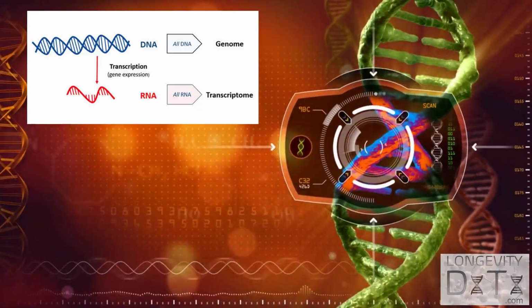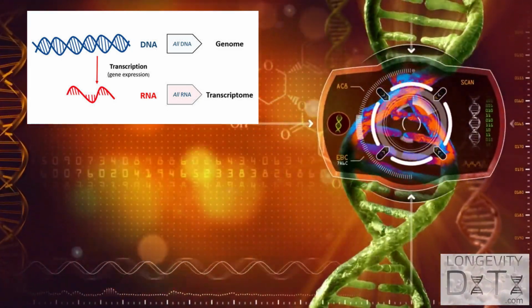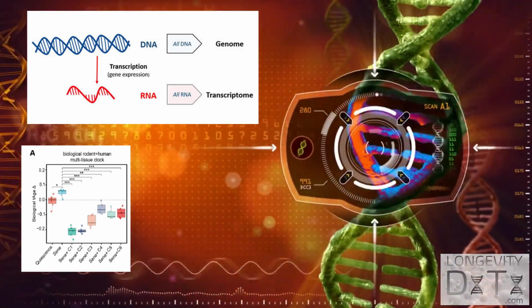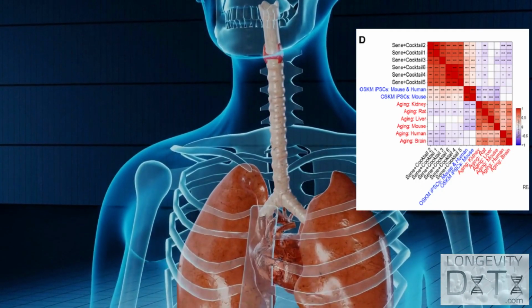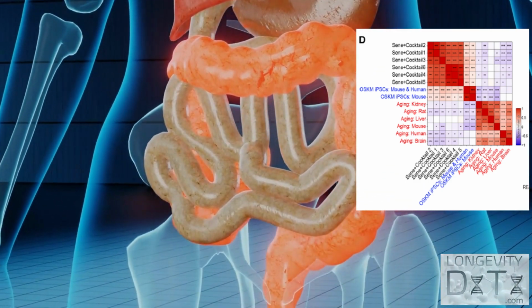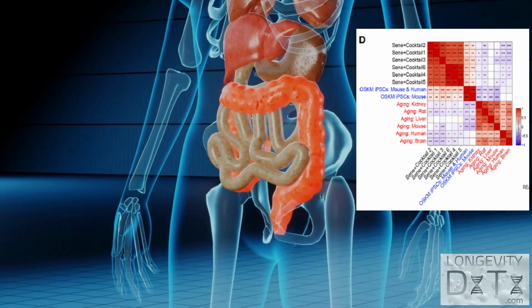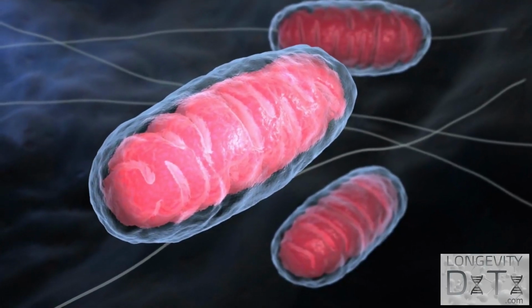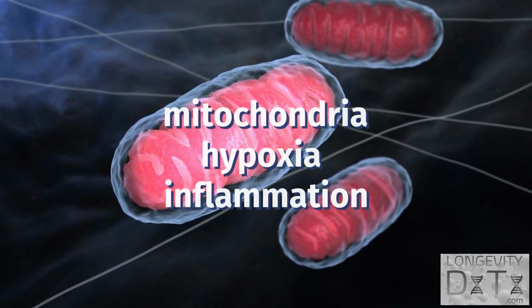Using a different aging biomarker, a transcriptomic clock, which tracks gene expression in aging, they then show that these 6 cocktails partially revert the age of rodent senescent cells. Sinclair's team performed correlation analysis with data from the cocktail-treated cells, which found that the transcriptomic clocks were more similar to those from young cells compared to old cells in mouse, rat, and human organs. Looking closer at what the genes affected by these small molecules do, they found some are linked to mitochondria, hypoxia,